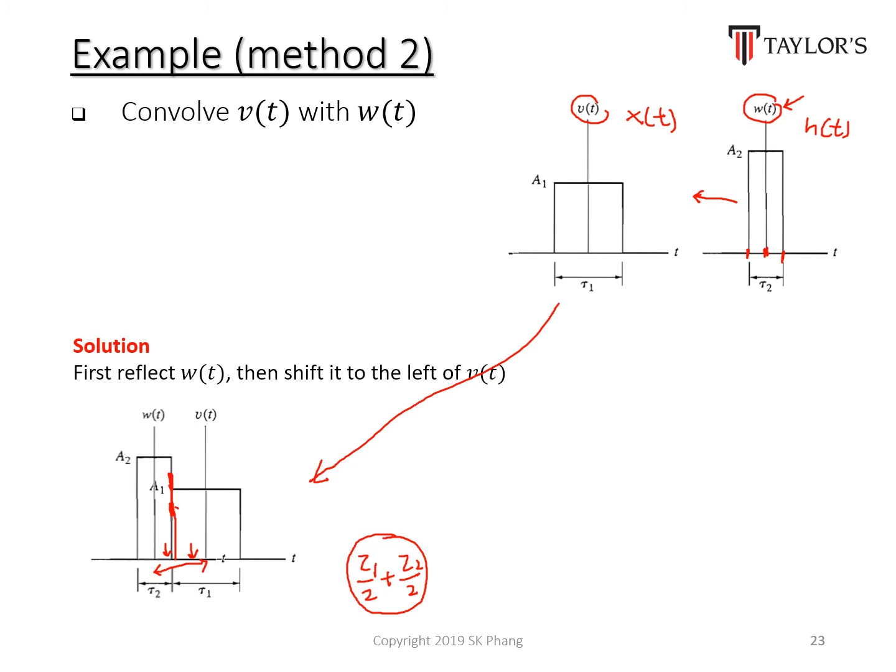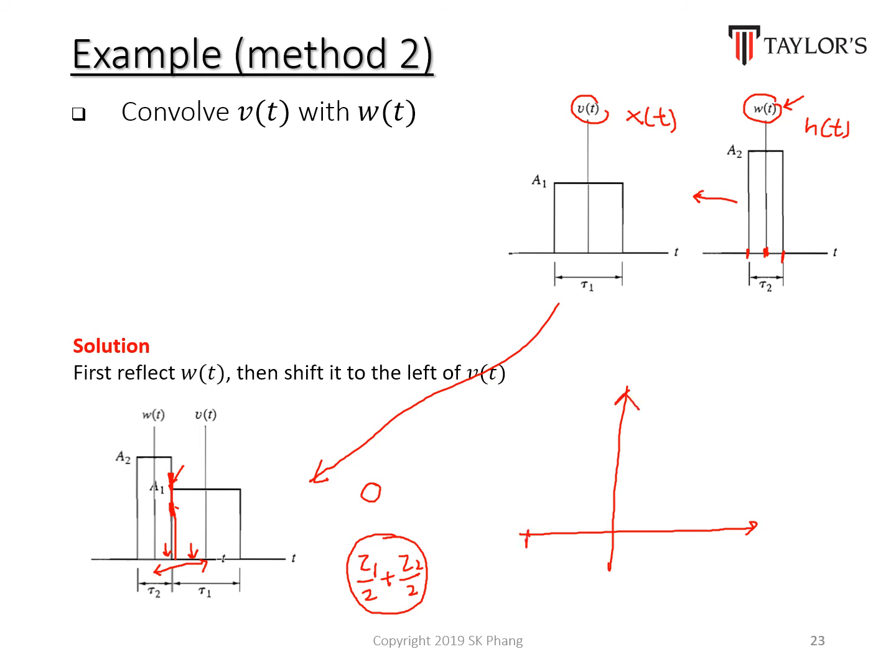And for our first case, when they just barely touch one another, there is no area at all. So you are finding out the intersection area in the continuous case. So there is no intersection of area at all. So therefore the answer is 0. So if you want to draw out the graph here, the output graph,